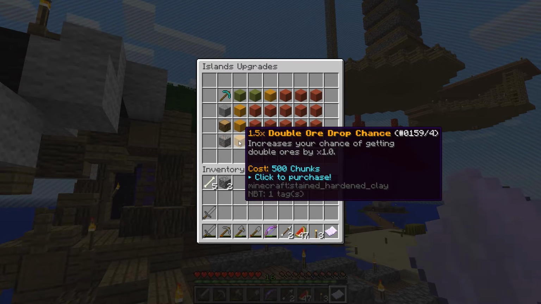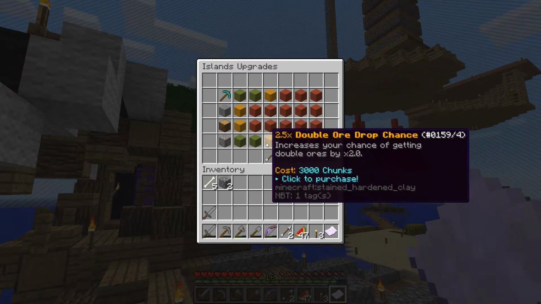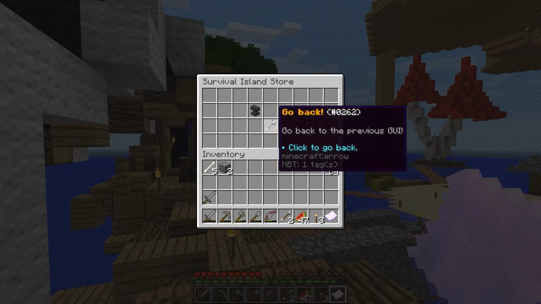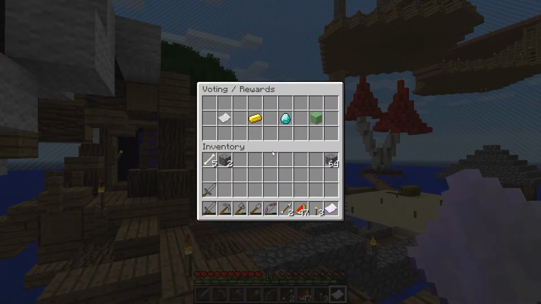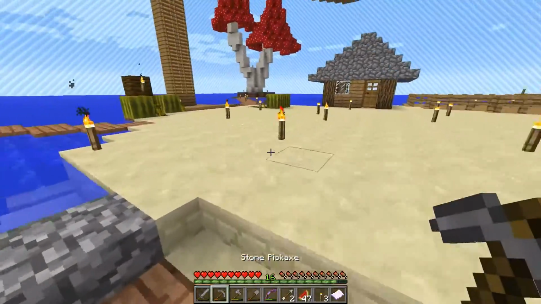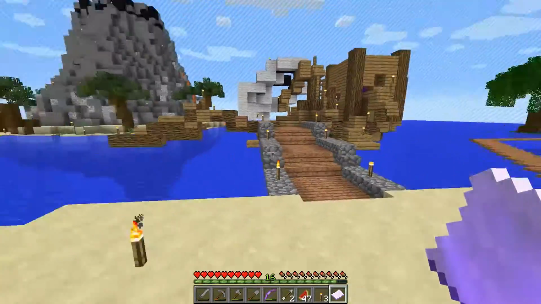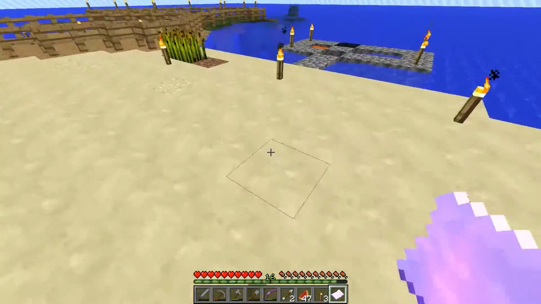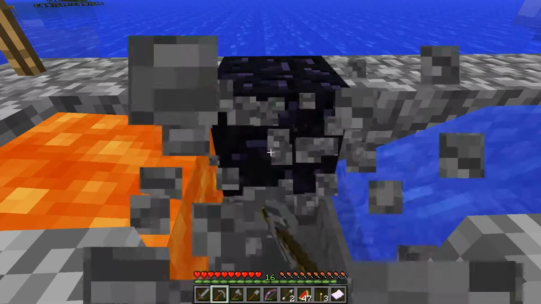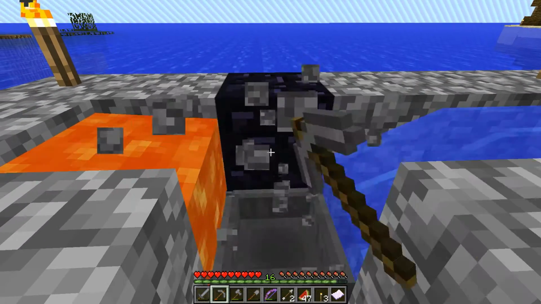The rest of these increase your chance of getting double ores. Let's do one of those and maybe one of those as well. And then let's take a look and see how we're doing. How many chunks do we have left? 7,000. That's quite a lot. So maybe what we'll do is hold on to that, and when we get some more chunks, we'll finish upgrading the island, because now we've got a much better chance of getting ores from this cobble gen here, which is definitely a good thing. I don't suppose he put the... No, I was hoping maybe he put the diamond pick in there, but...